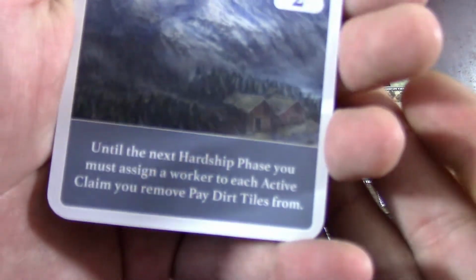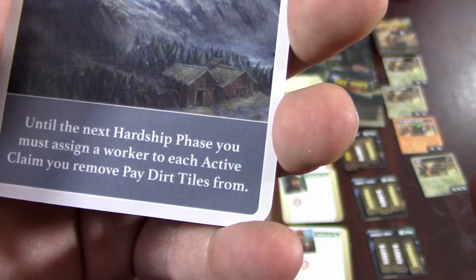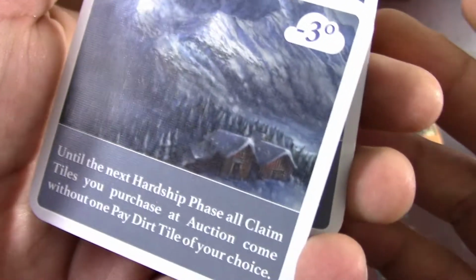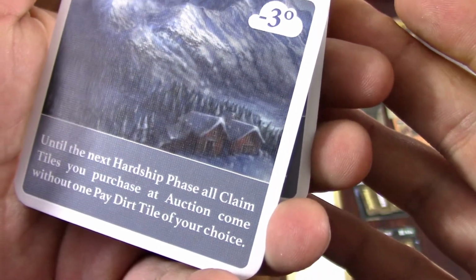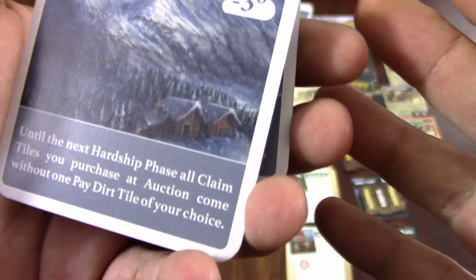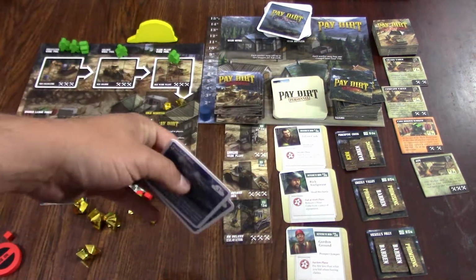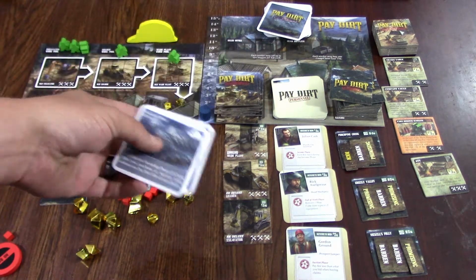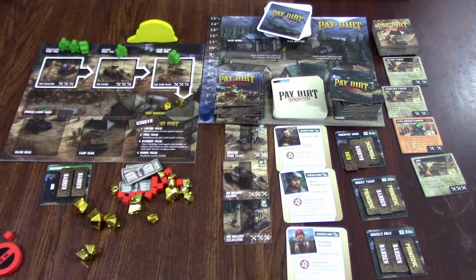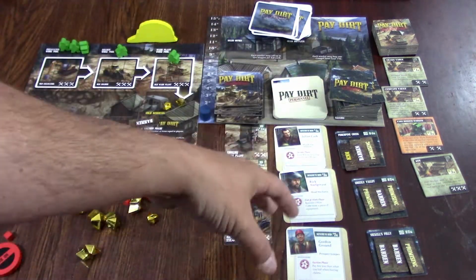But the hardships will do certain things to you until the next hardship phase. You must assign a worker to each active claim you remove pay dirt tiles from. See this one, until the next hardship phase, all claim tiles you purchase at the auction come up without one pay dirt tile of your choice. So if you were to buy that top right one there, instead of getting rich, barren, and promising, you would have to remove one of those if you were to buy it. Of course, you would remove the barren one and hope that the others paid out, or just not buy dirt that round and buy